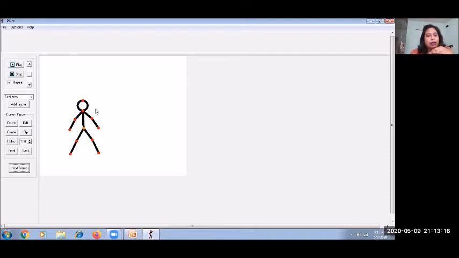Actually, there are lots of pictures set one by one, and displaying the pictures one by one creates the effect as if it is walking or talking. So we will also create frames to create our animation.